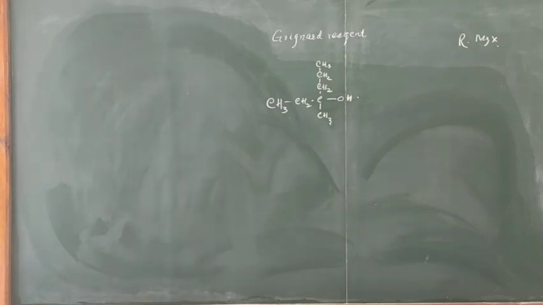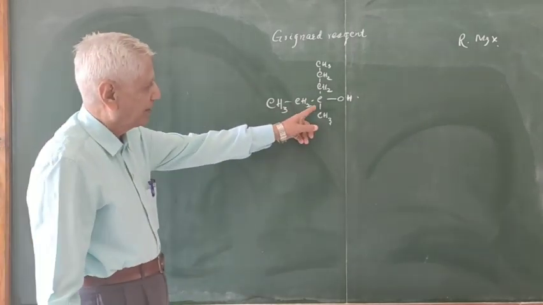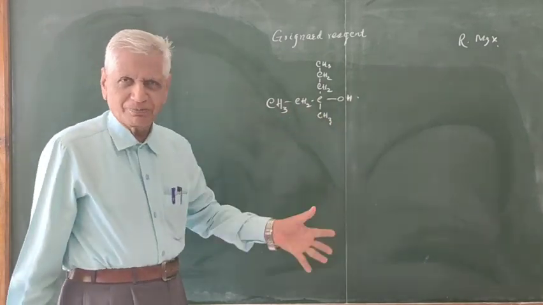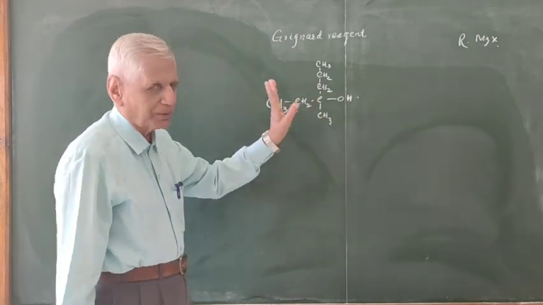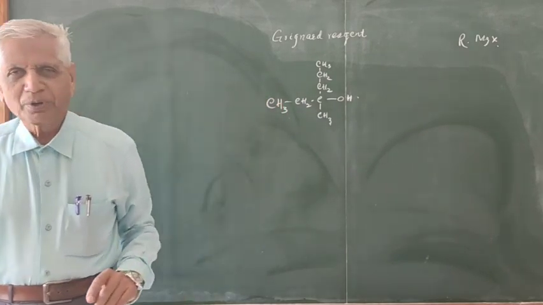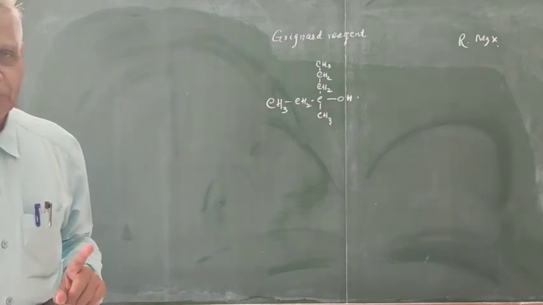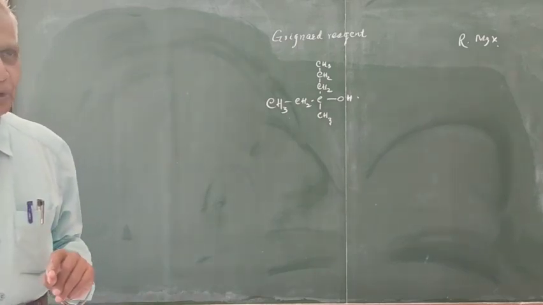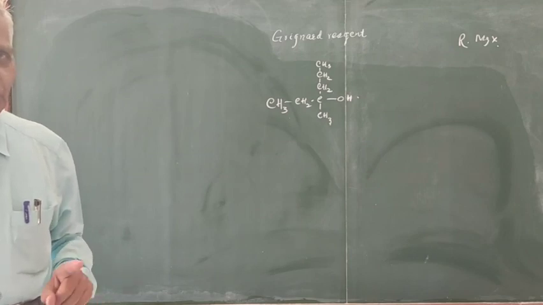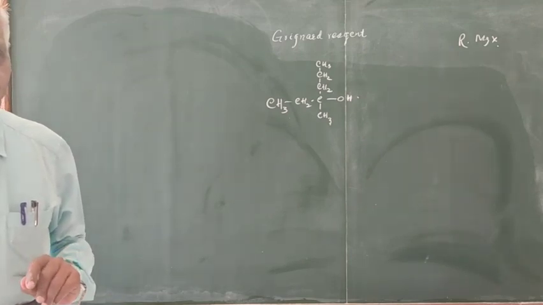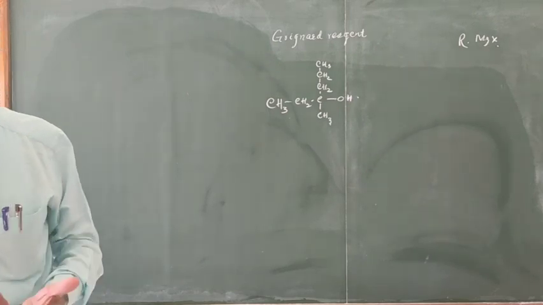First thing, what is this compound? Is it a primary alcohol, secondary alcohol, or tertiary alcohol? It is a tertiary alcohol, because this carbon does not carry any free hydrogen. Therefore, what is the carbonyl compound you want to take here? Will you take formaldehyde? No. If you take formaldehyde, primary alcohol. Will you take any other aldehyde? No. Any other aldehyde will give you a secondary alcohol. Then what will you take? You will take the ketone. What ketone will you take?